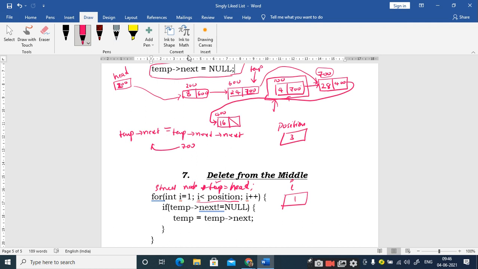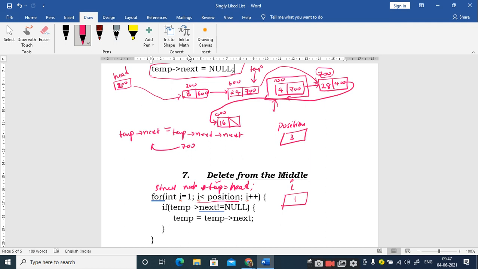First node, sir. Is it the first node? It is pointing to the first node, but if I want to remove the node which is present as the third node, where should my temporary pointer point to? Second one, sir. Right, it should point to the previous node. That means it should point to the second node.